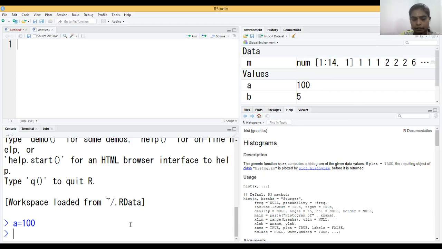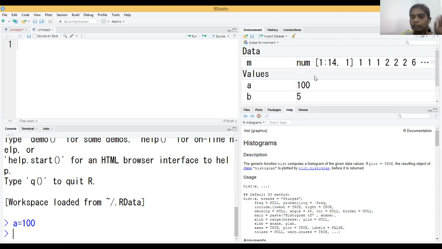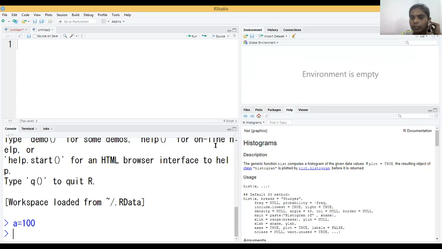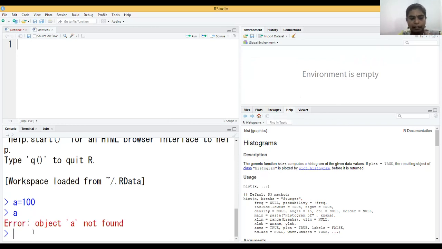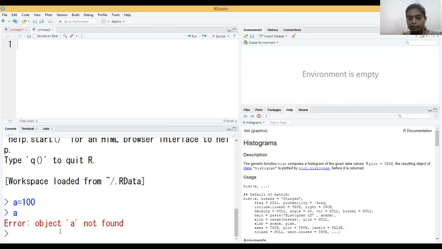So now how do I clear this? For example, these variables were created yesterday, but I don't want to have them. I want to clear and start fresh. So how do I do it? You can see the option to clear objects from the workspace. You click on it and then you see that all the variables are deleted from the environment. So what happens if it is deleted? Suppose I press A and hit enter, then the console gives me a message saying that object A is not found. Why is it not found? Because it is deleted from the environment. So how do I do it again? I can enter the same command.